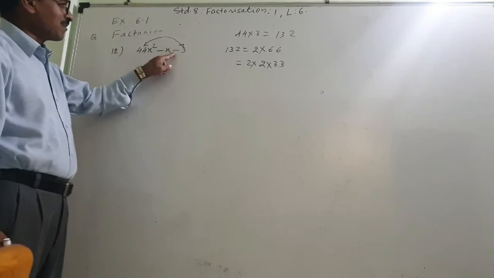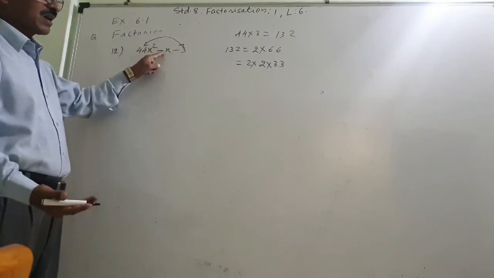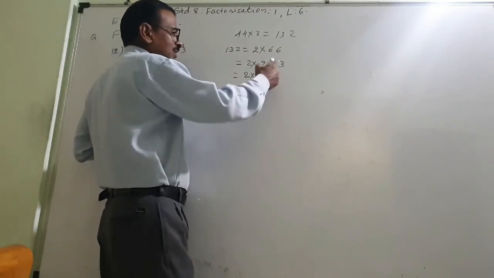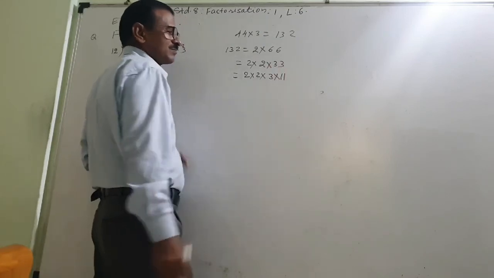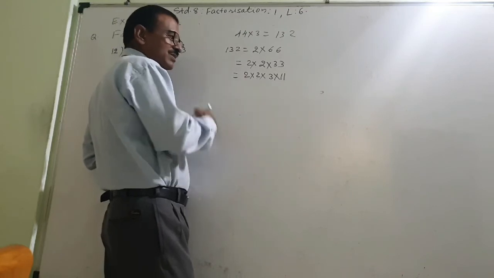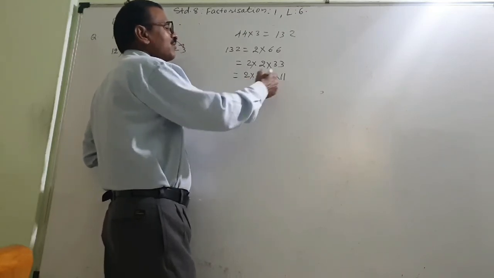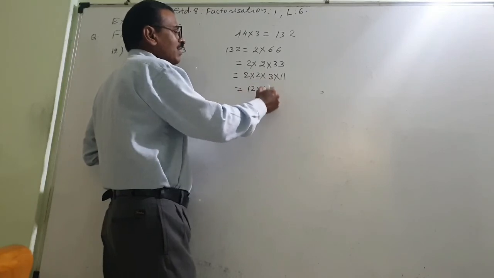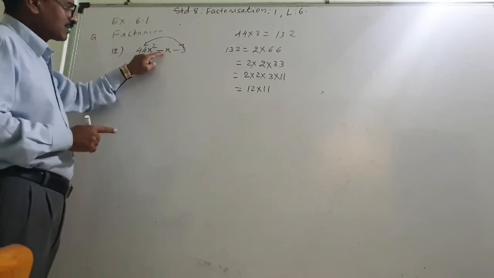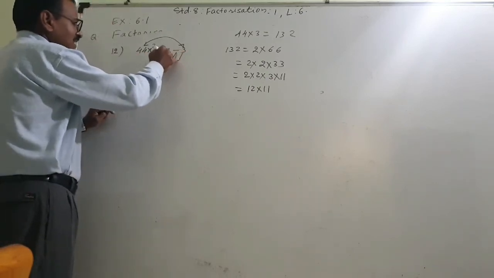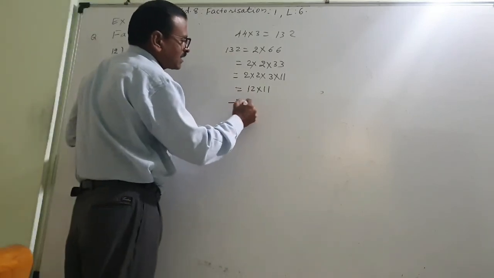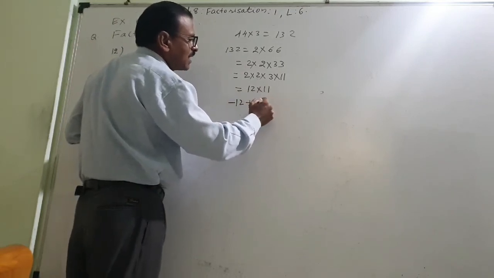If I subtract them, I won't get 1. So I will go ahead. 2 into 2 into this is 3 into 11. 11 3s are 33. Now there are no further factors. I will check here. 3 2s are 6, 6 2s are 12, 12 into 11. 12 into 11. Subtraction I want to do. How much should it be? Minus 1. Subtraction. See that? I have to subtract this and I want subtraction minus 1. So this 12 I will write minus and this 11 I will write plus, and that is equal to minus 1.